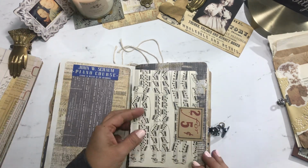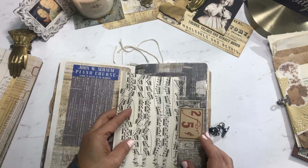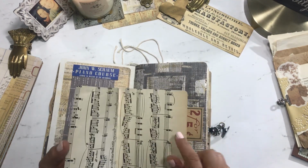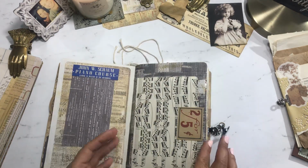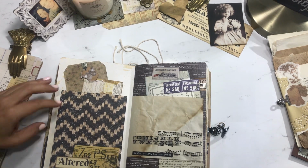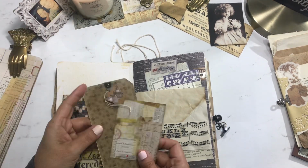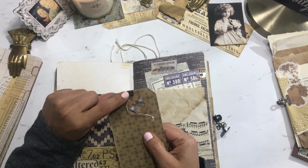This is vintage music sheets, again, that you could use to create little, you could do like a picture and then, you know, maybe attach some of the tickets from your concerts and stuff like that. I try to leave a lot of little spots for you to do your own thing. So this is a pocket back here, and this is, I don't know if this is Tim Holtz or not,